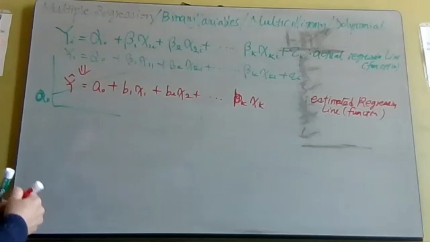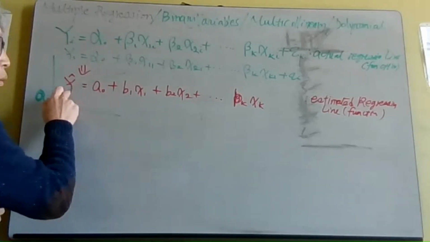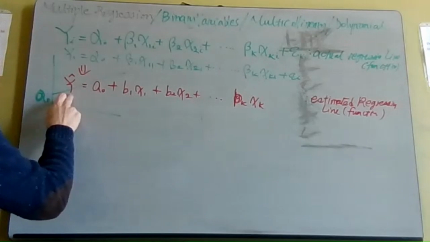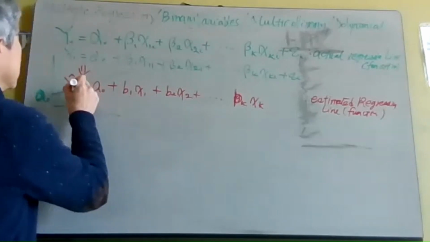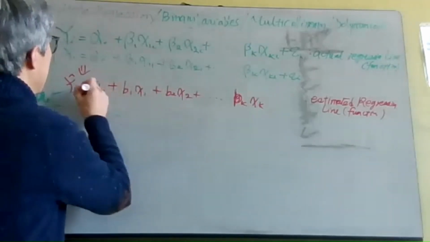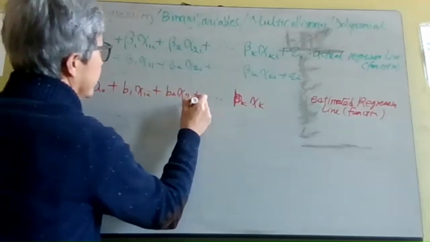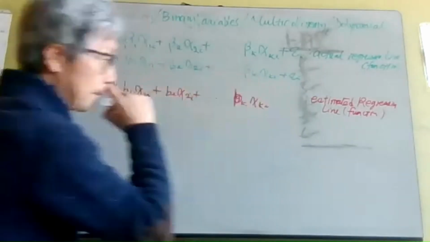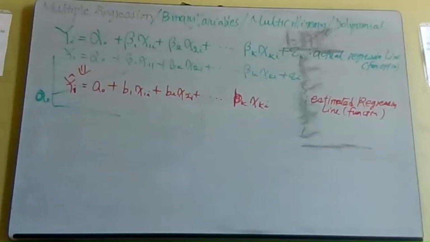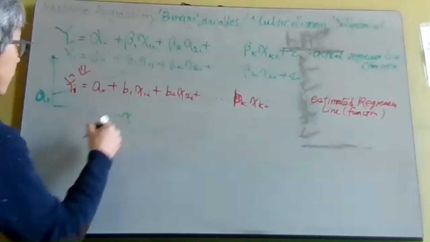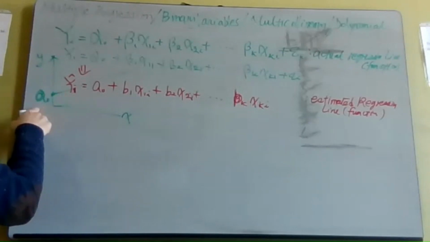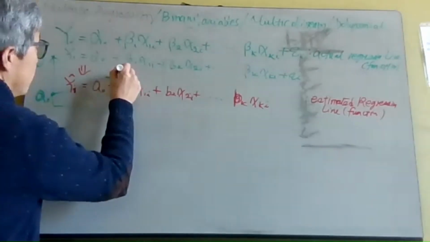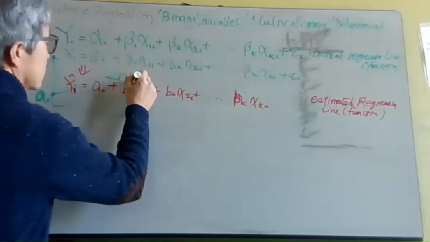If you estimate the response value of y using this equation, that's the first observation. So we're going to have, let's say, the ith observation. As you see here, on the x-axis we have x, and on the vertical axis we have y. So I have intercept A0, while you have slope B